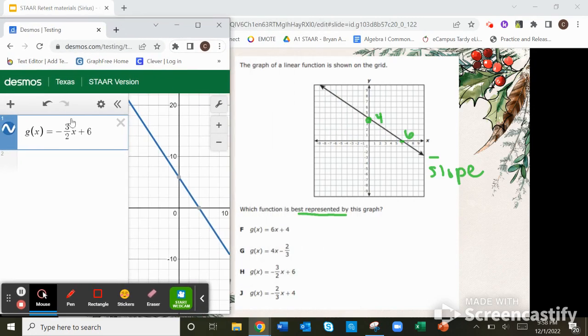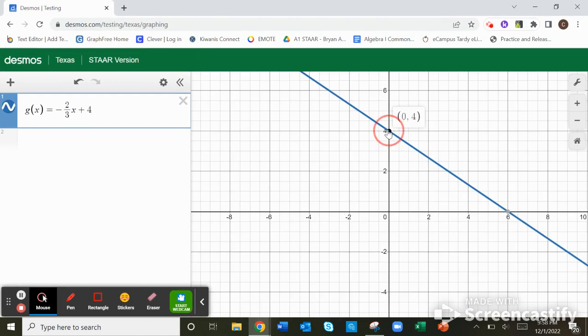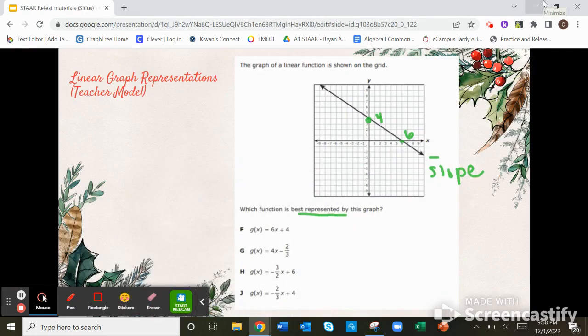So therefore, my last option here, negative 2 divided by 3x plus 4. I can see already that it looks more like that one. It has a negative slope, it has a y-intercept at 4 and an x-intercept at 6. So I found my answer. So it is